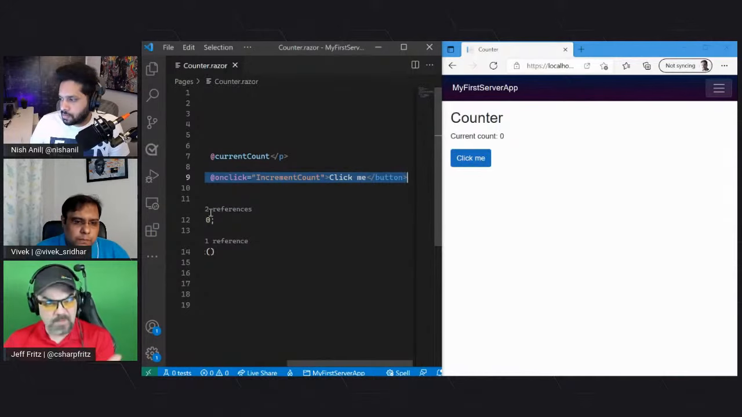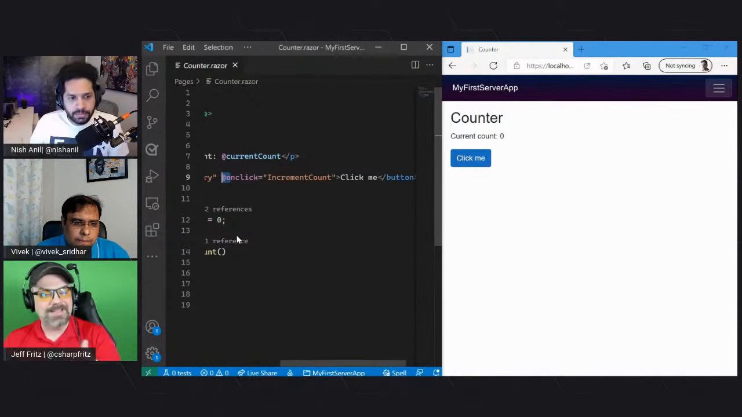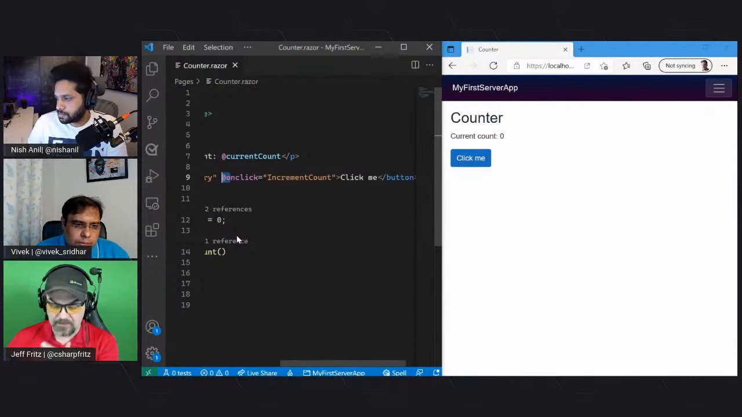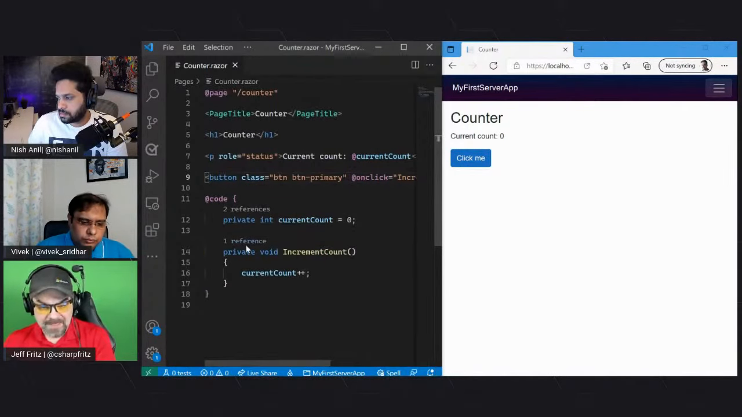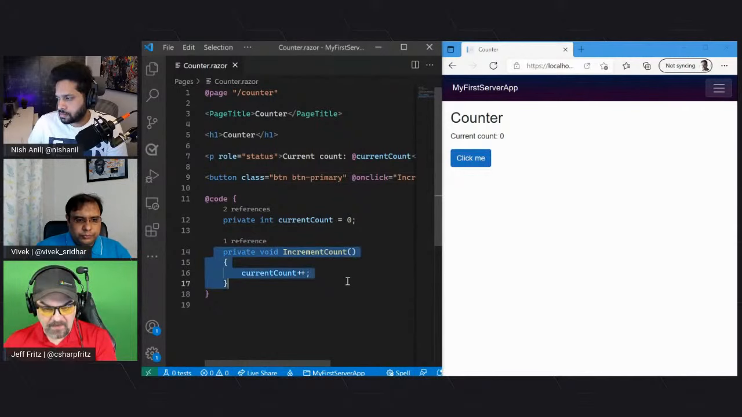Well, we prefix it with the little @ sign there to indicate this isn't JavaScript on click. This is a .NET on click. This is a C# on click. And we're going to trigger, instead of some JavaScript code, a .NET method. A .NET method called increment count. And we see increment count down here inside of what we call a code block inside of the Razor